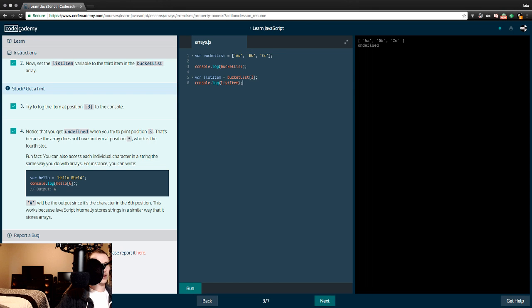Fun fact, you can also access each individual character in a string the same way you do with arrays. For instance, you can write variable hello world, console log hello, 6. Output W? What the? W will be the output since the character in the 6th position